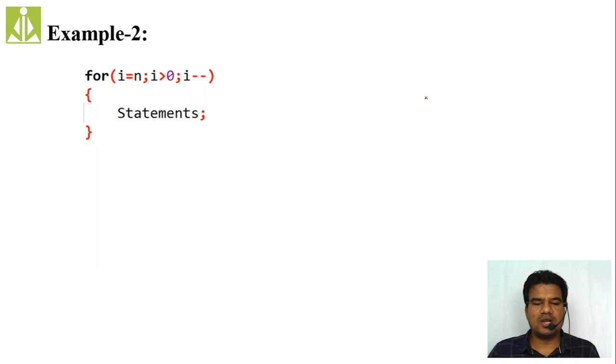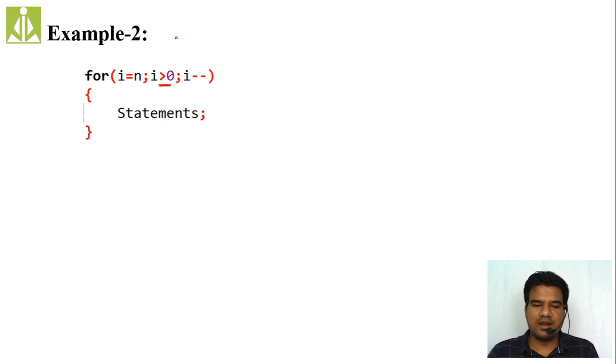Okay. So in this other algorithm, we are going in reverse order. We have initialized i with n and we are decrementing i by 1 every time, so that it will reach 0. When it reaches 0, my condition will become false and the control will exit from this loop. When i goes to 0, this condition will become false. That is, up to 1 this condition will be true. So n to 1 is nothing but 1 to n only. Both are the same.